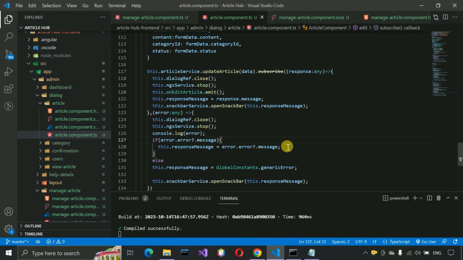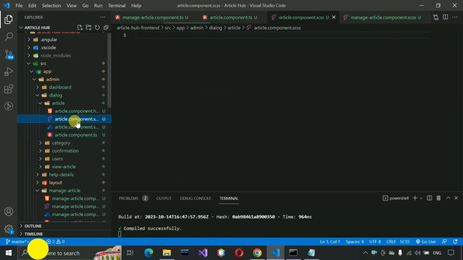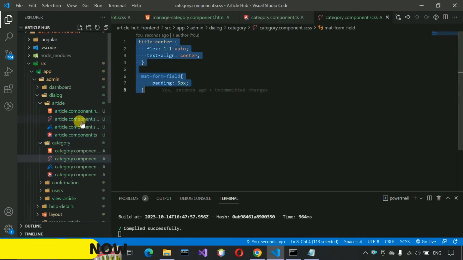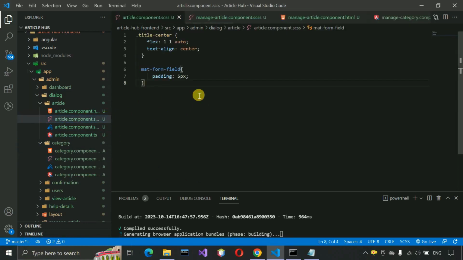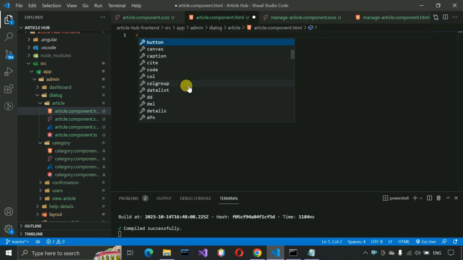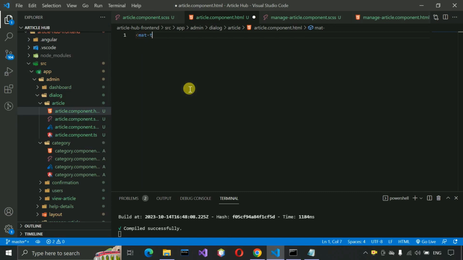And now we have to go to the SCSS file, and from category SCSS we are going to just copy and paste the exactly same CSS at this place. After that we need to move to the article component dot html file, and mat-toolbar. Here we need to write like this, and then we have to pass the color, themeService dot getTheme,